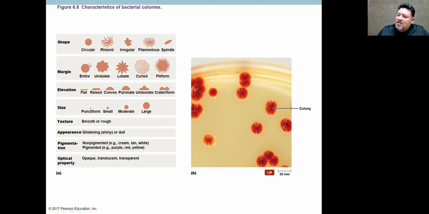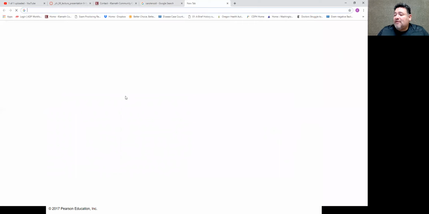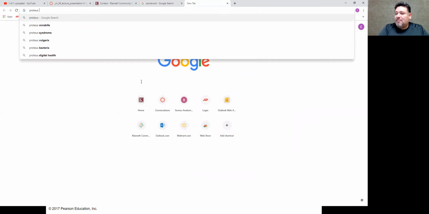The margin, we're looking at just the edge of it. So if it's smooth, it's entire. If it's sigmoidal, it's undulate. If it's even more sigmoidal, then it's called lobate. Here's curled, okay? I don't know if I talked to you about curled before, but if you look at Proteus mirabilis,